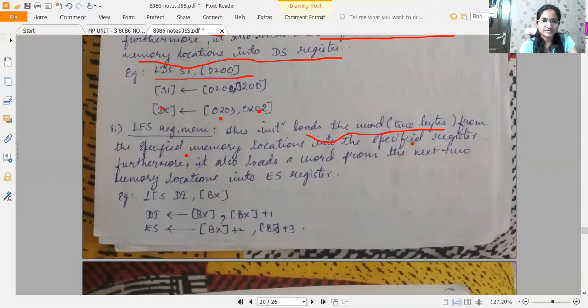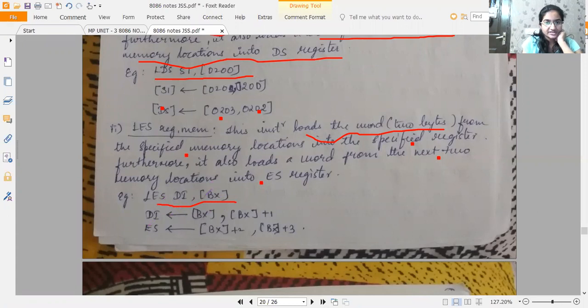Furthermore, it also loads a word from the next two memory locations into the ES register, the extra segment register, just similar to LDS. In LDS, DS would be loaded; here, ES will be loaded. For example, LES DI comma BX.